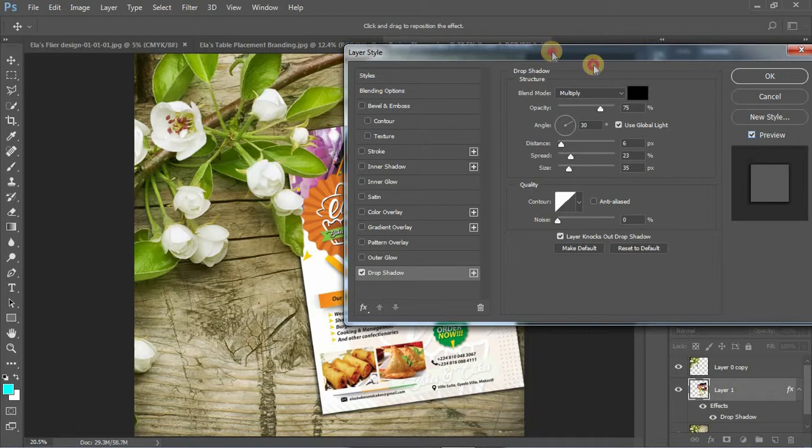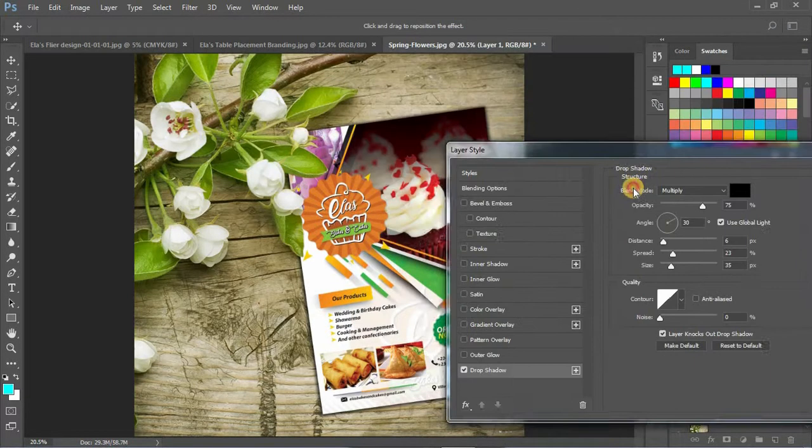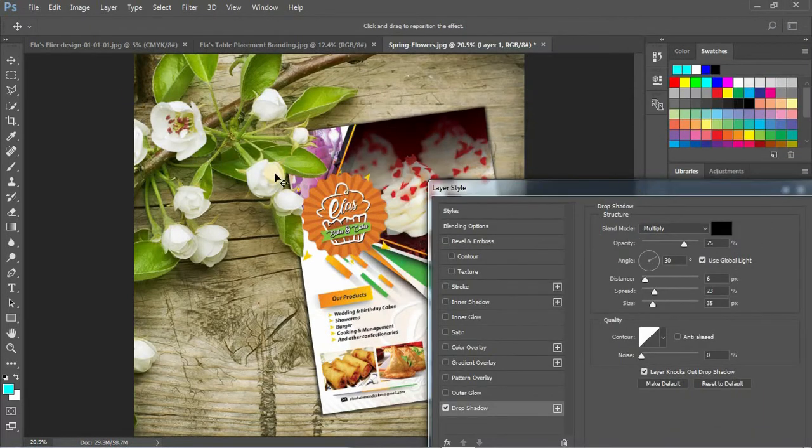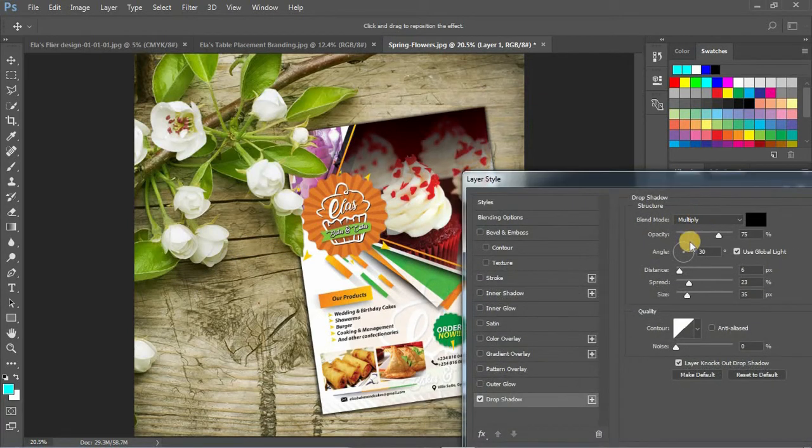So I'm just going to be doing a little bit tweaking depending on the light direction. As you can see here, the lightning is coming from this section, this area right here. You can see the shadows on this section, they are falling to this side, this area right here. That means the light is coming from the top view of this image, of this background. So we're going to be using the direction of the shadows to create ours. So by doing that, I'm going to be tweaking this to this other side,